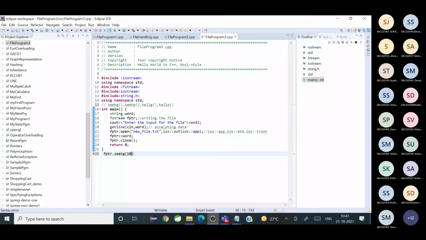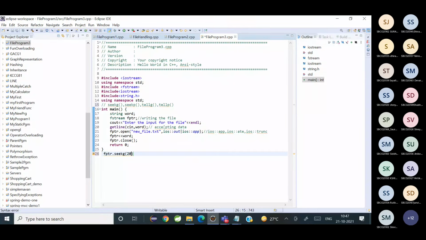Is it clear? The number I wrote here, if I write 20, what does it mean? You're moving the pointer ahead. How many bytes? 20 bytes.